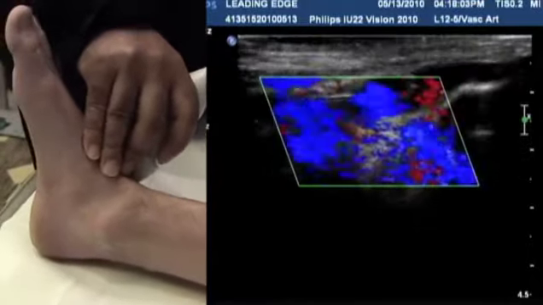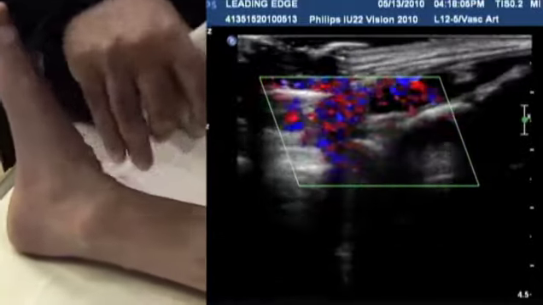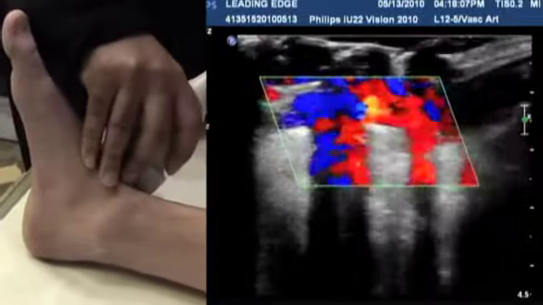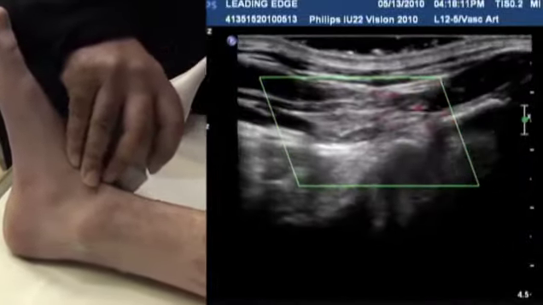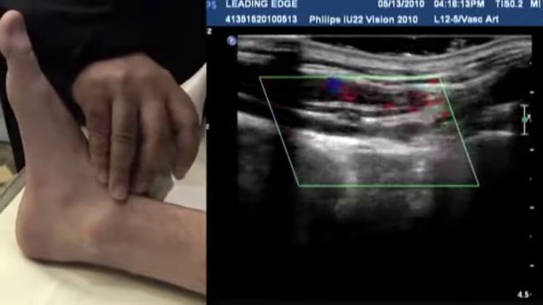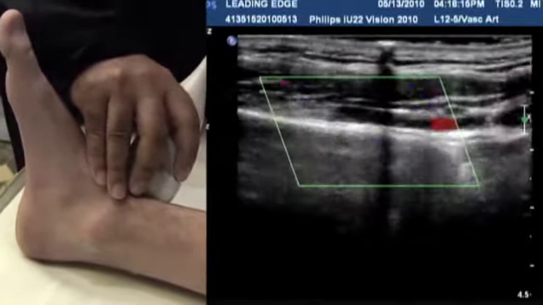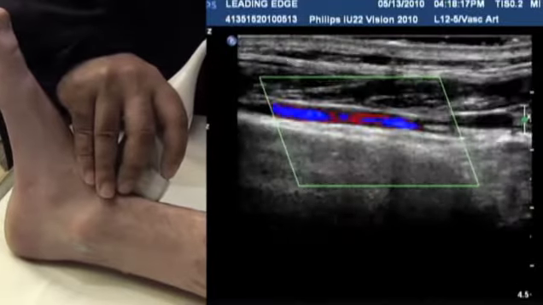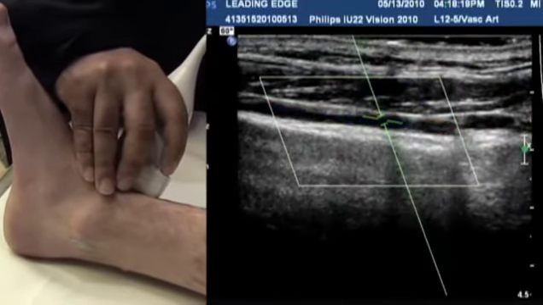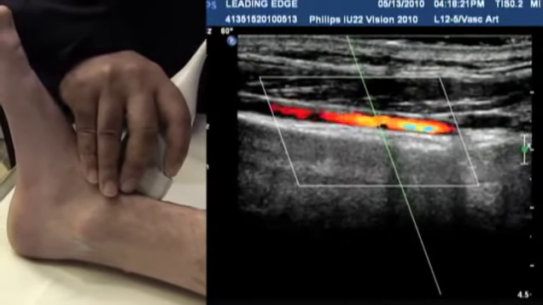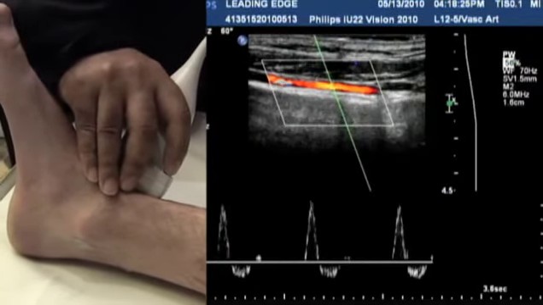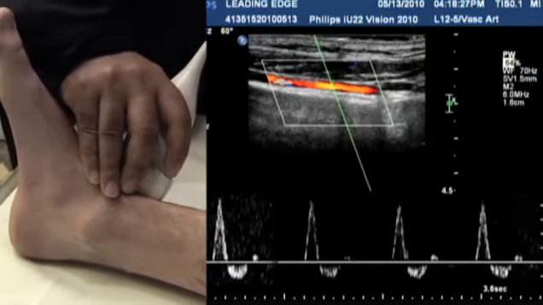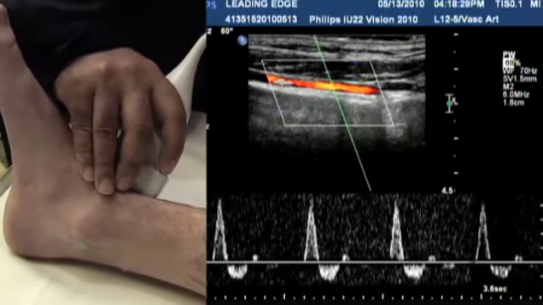And so, again, you just follow this into the foot as far as possible and acquire all of the appropriate waveforms and blood flow velocities. And let's take a quick listen to the dorsalis pedis artery here and see what it sounds like. As you can see, it's a triphasic waveform